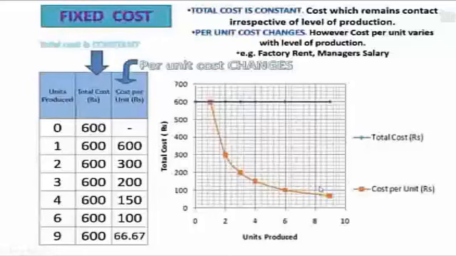Now the question is why we want to study this cost. This cost we want to study because we should know if we increase our level of production, what will be the future cost for us. So if the fixed cost is same, we'll try to manufacture maximum number of units if a demand is available for that. So this is the fixed cost. Total cost is constant, whereas per unit cost changes with level of production. Higher the production, lower the per unit cost.